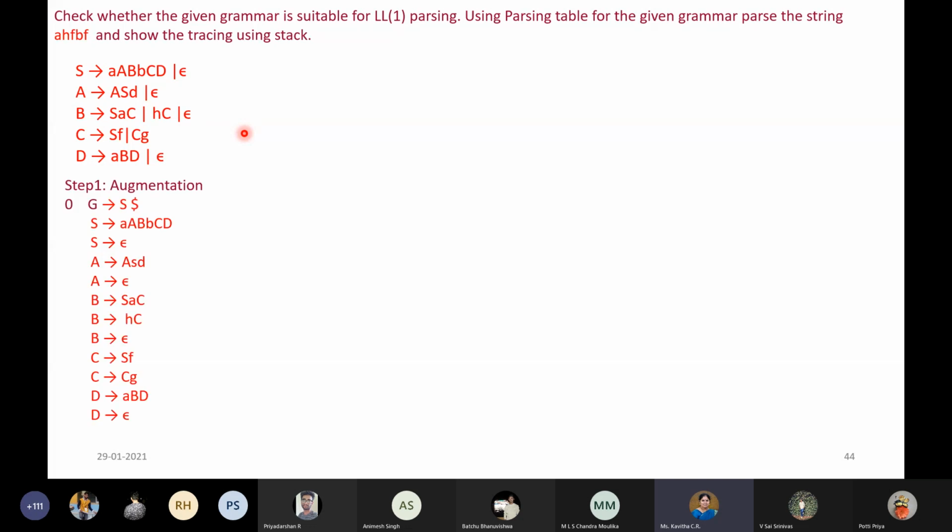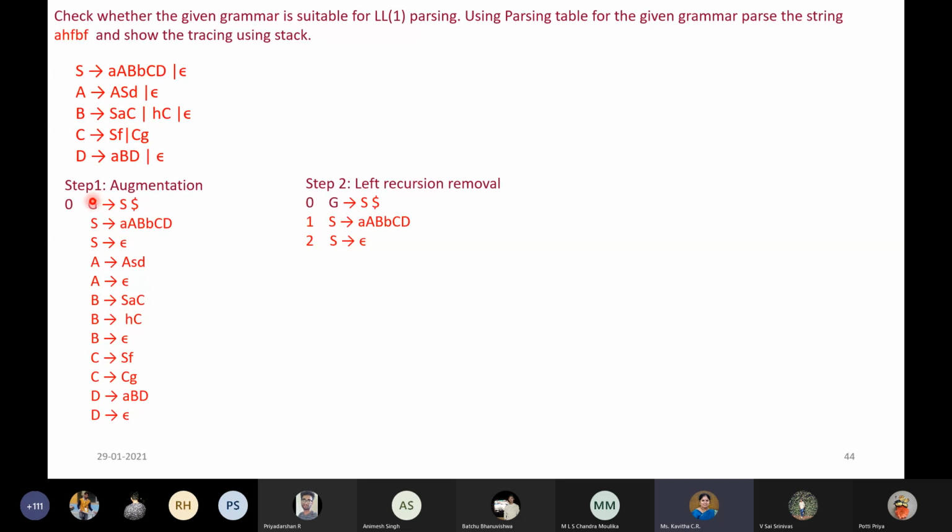So let us start with the first step, augmentation. Augmentation is done now. I didn't label the rule numbers here. Why? Because there are some changes still required. This is not a good grammar right now, because it contains left recursion here. It also contains left recursion here, which is not suitable. Only for the augmented grammar rule I have labeled it as 0. That will not change anyway. Later we will see how to go about it.